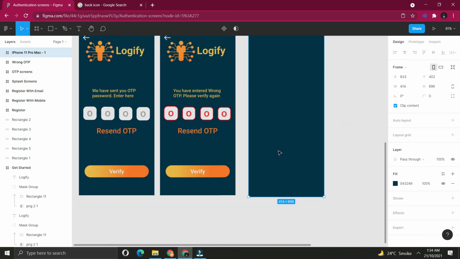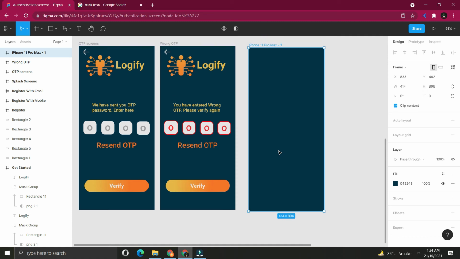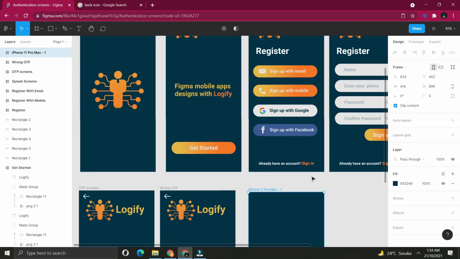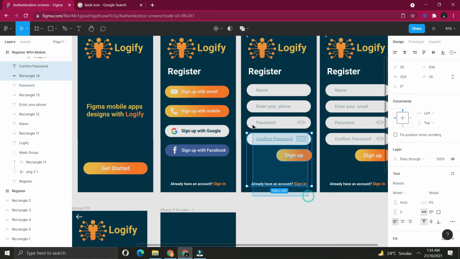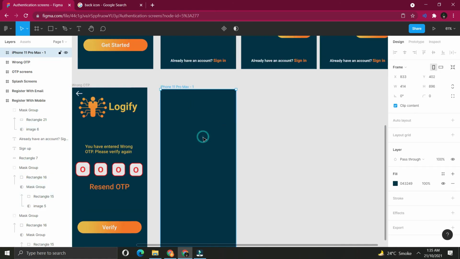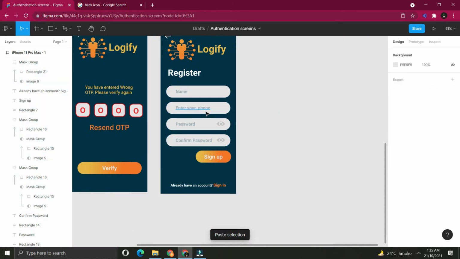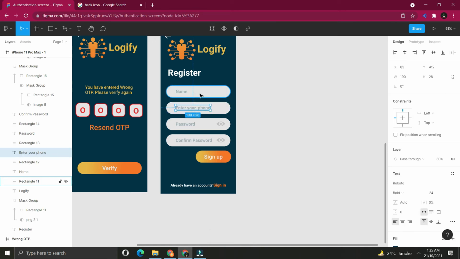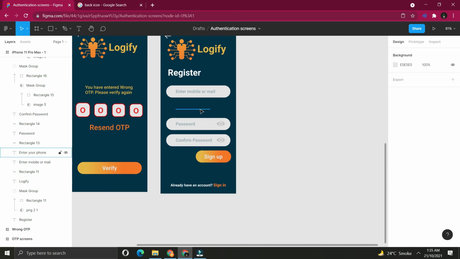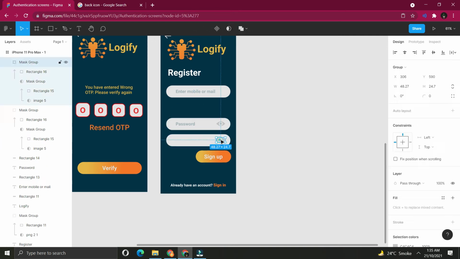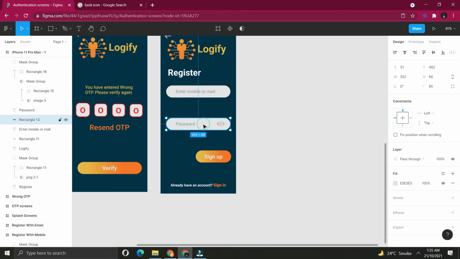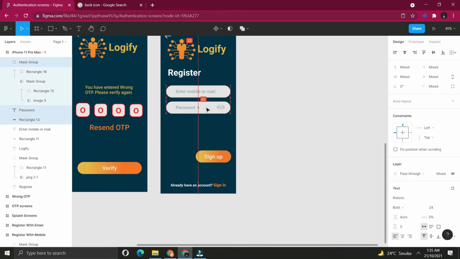Now what we need, login screen. So for this what we will do, we will copy the data from the above screen, register with phone. Enter your email or mobile number. Enter mobile or email. Once I am done, here we will ask him to add the password. So initially I will remove it and remove this as well and adjust it, and convert the text from register to login.